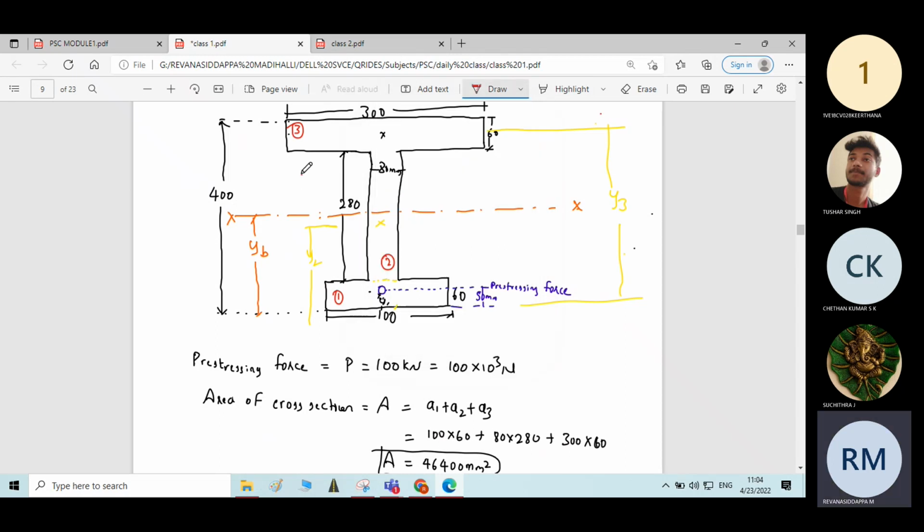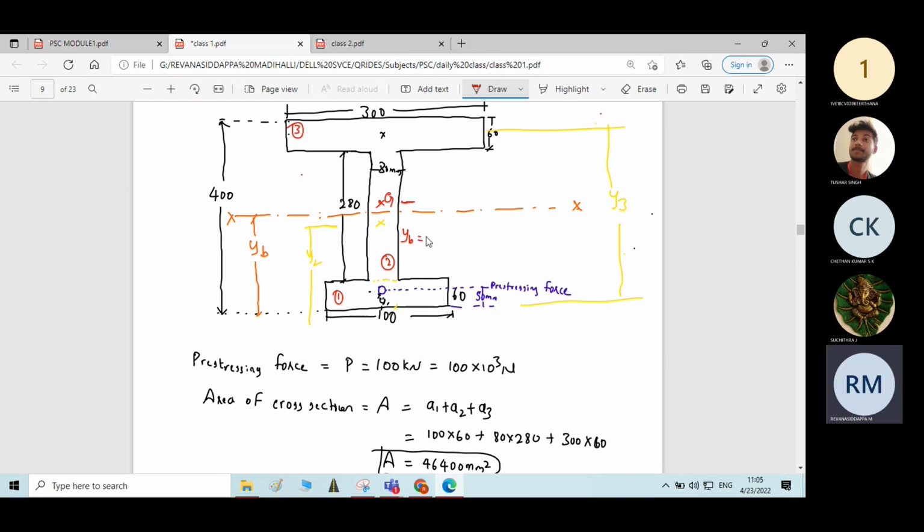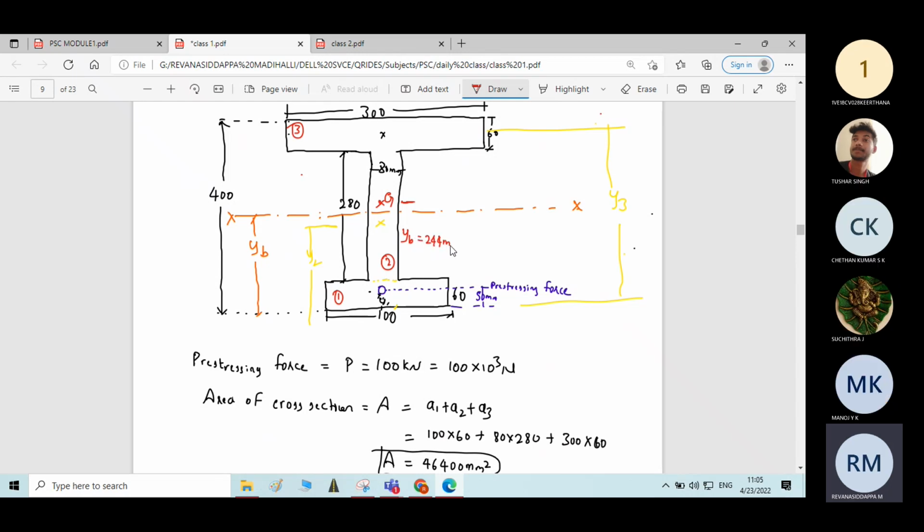Let me mention it in the diagram. If we assume the centroid of the I section at this point G, then YB, the distance of the centroid from the bottom fiber, is 244 mm. So if you know the distance of the centroid from the bottom fiber, you can easily find the distance of the centroid from the top fiber. How can you find it? The overall depth minus this YB will give